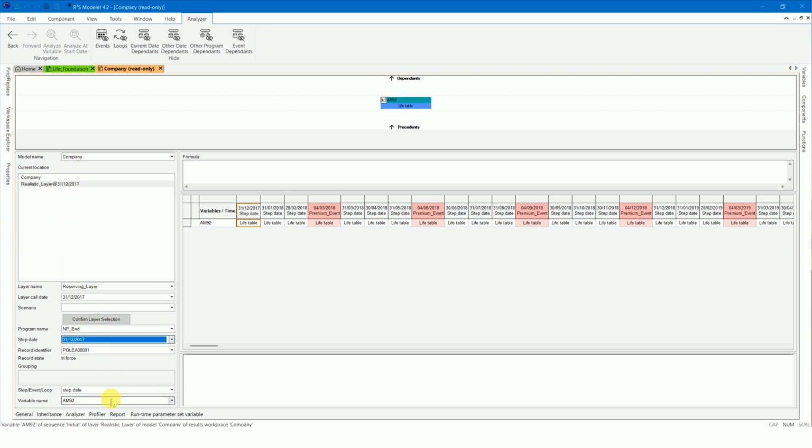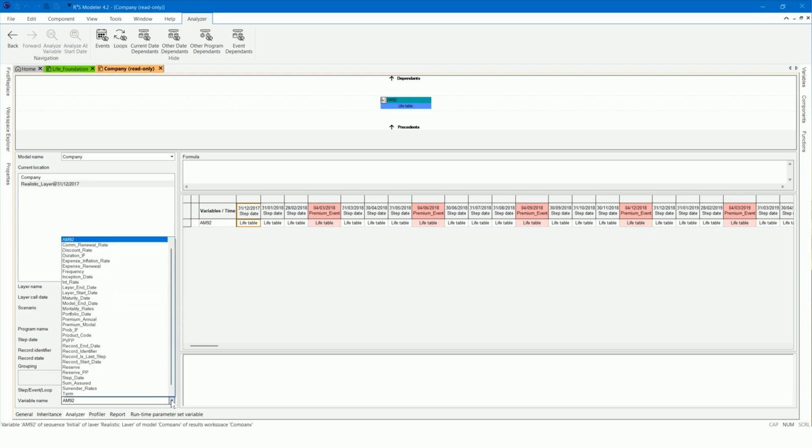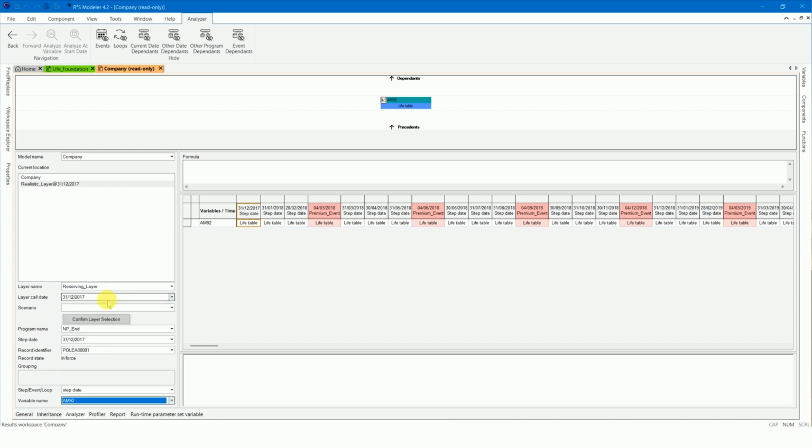Note that if the portfolio date is selected, the non-portfolio variables will not be available in the variable name drop-down list. To see the value for non-portfolio variables, such as cash flow-related variables, in the variable name drop-down list, move to the first projection step.